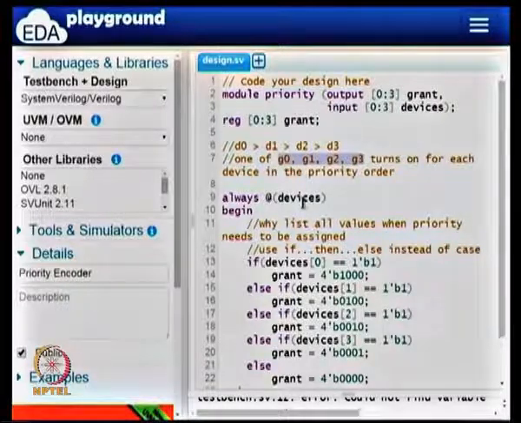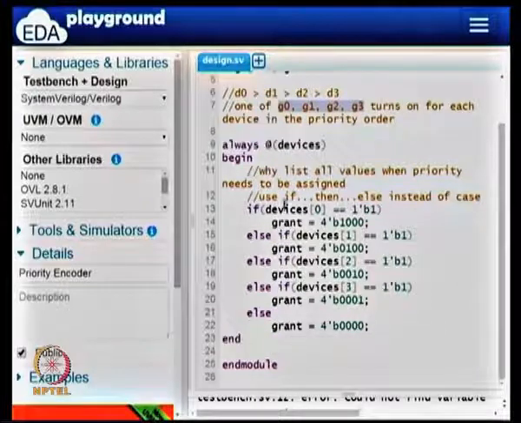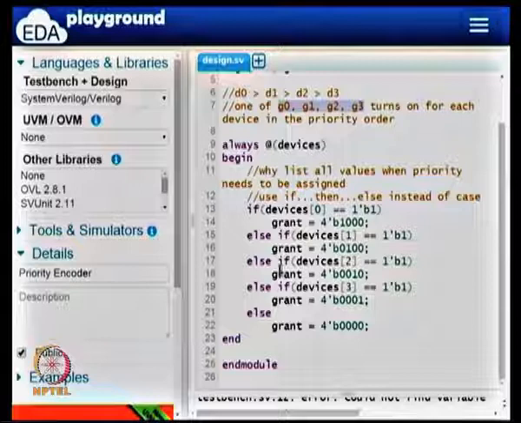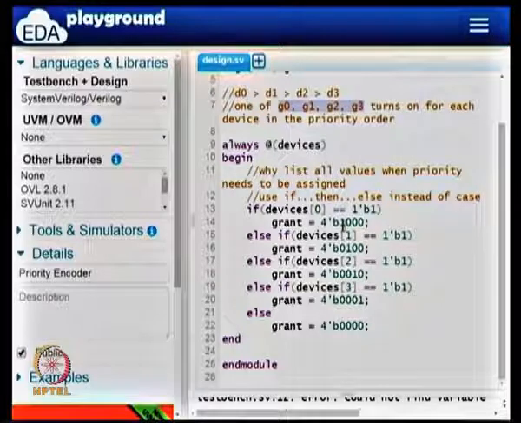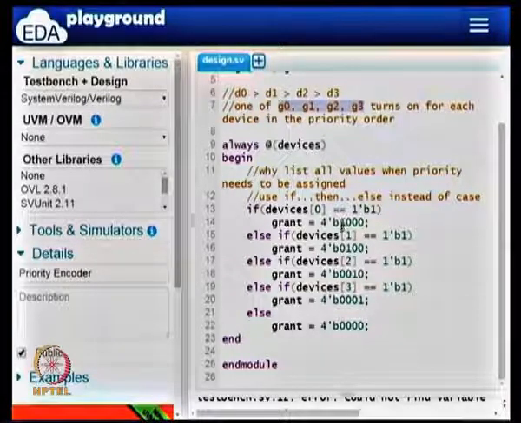If any of those 4 bits change, you have to reevaluate your grant. So who is going to get access to the device, you have to reevaluate it. The way it is written for a priority encoder is: if devices[0] is 1, then grant goes to the boss. So the code is grant[0] becomes 1, grant[1], [2], [3] are all 0.